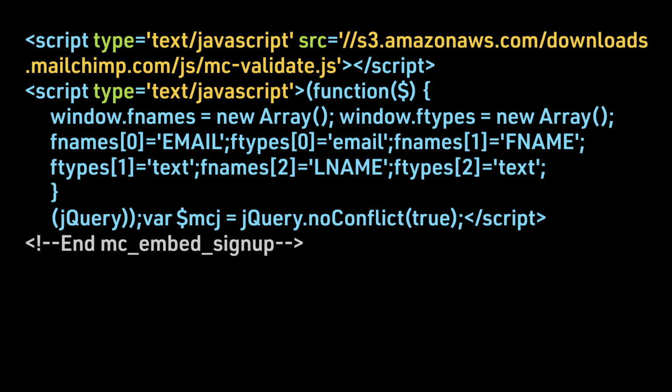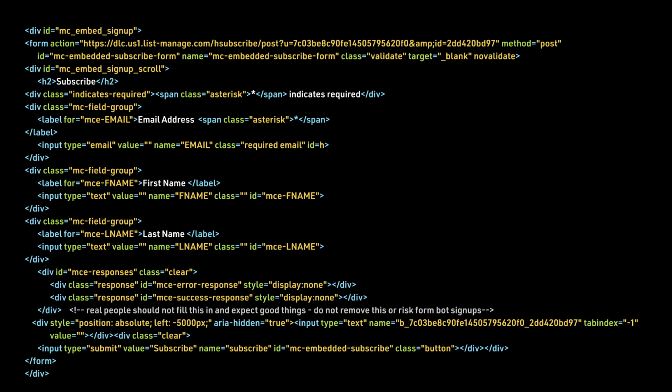This is the third section of the code that has scripts. Scripts can be added to the head or the foot. In this case, we would move it to the foot after the body closing tag. The rest of the form, or the second section, will be placed where you want the form to appear on your website,